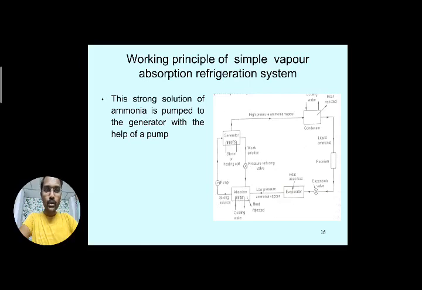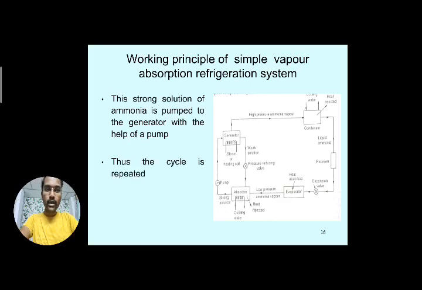So must and should, we have to reduce the pressure in the absorber. That is done with the help of the pressure reducing valve. So low pressure has to be created here, then only the low pressure ammonia vapor coming from the evaporator will enter directly into the absorber. If not, if high pressure is there, this ammonia vapor from the evaporator will not enter the absorber. So that is the need of the pressure reducing valve placed between the generator and absorber components. So this is an important point.